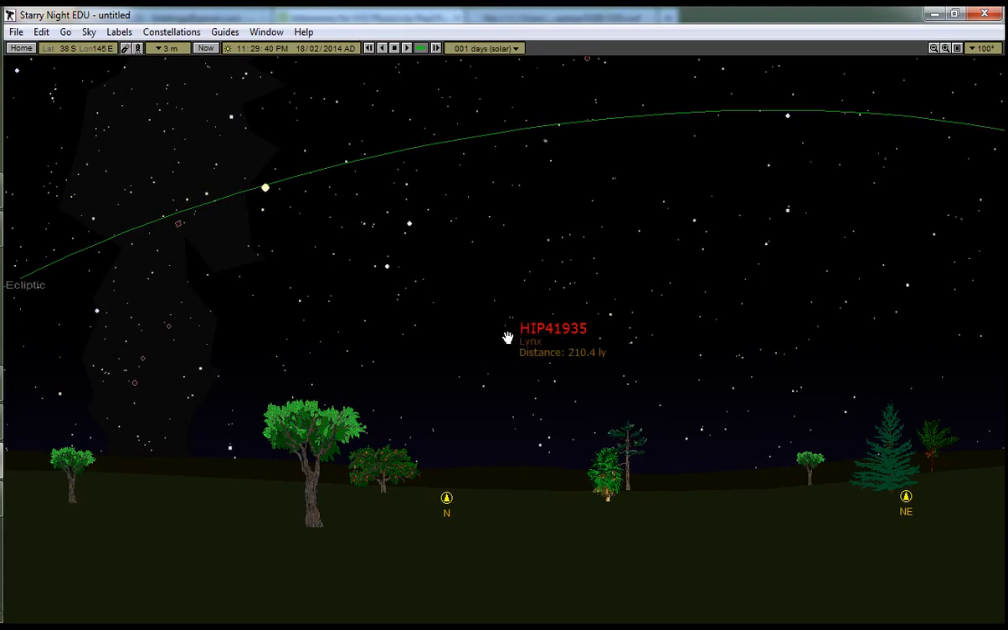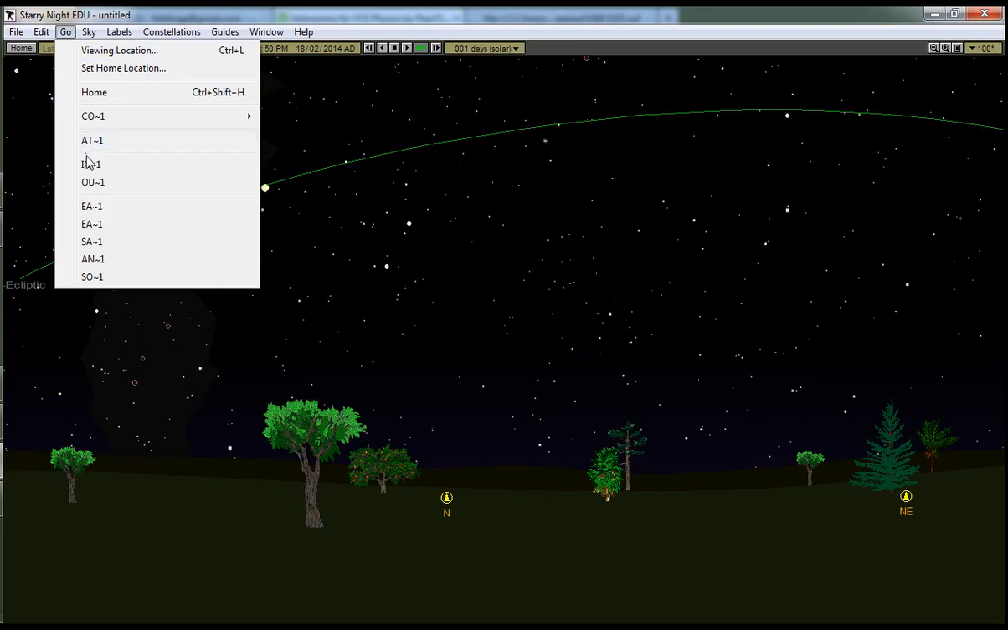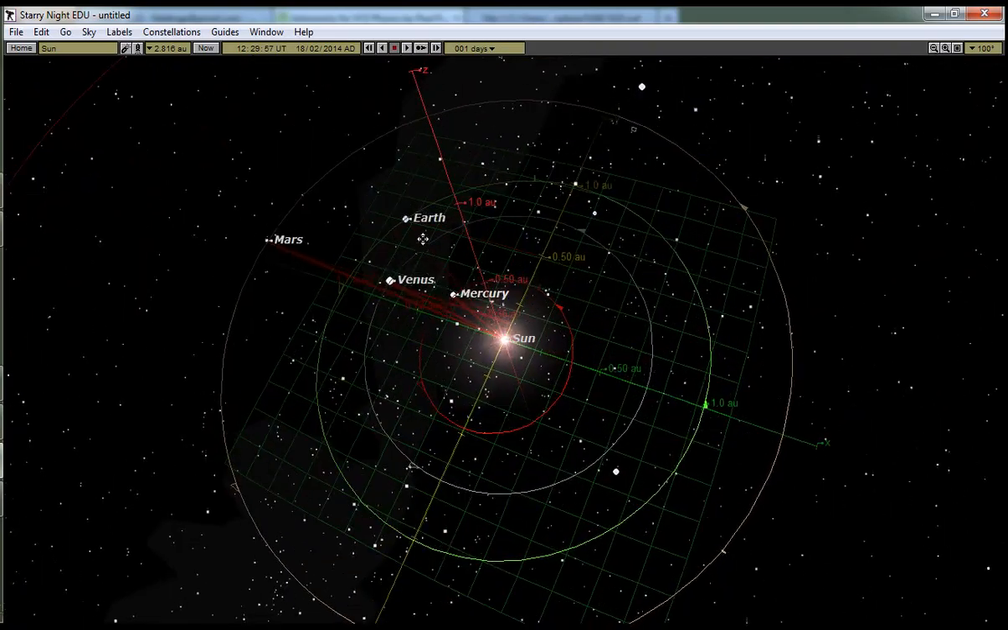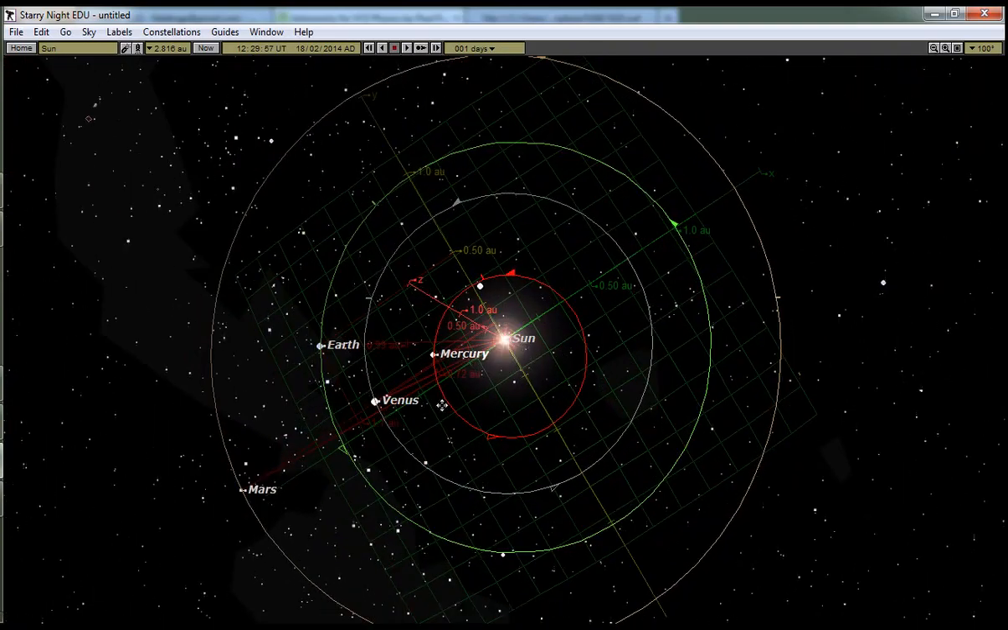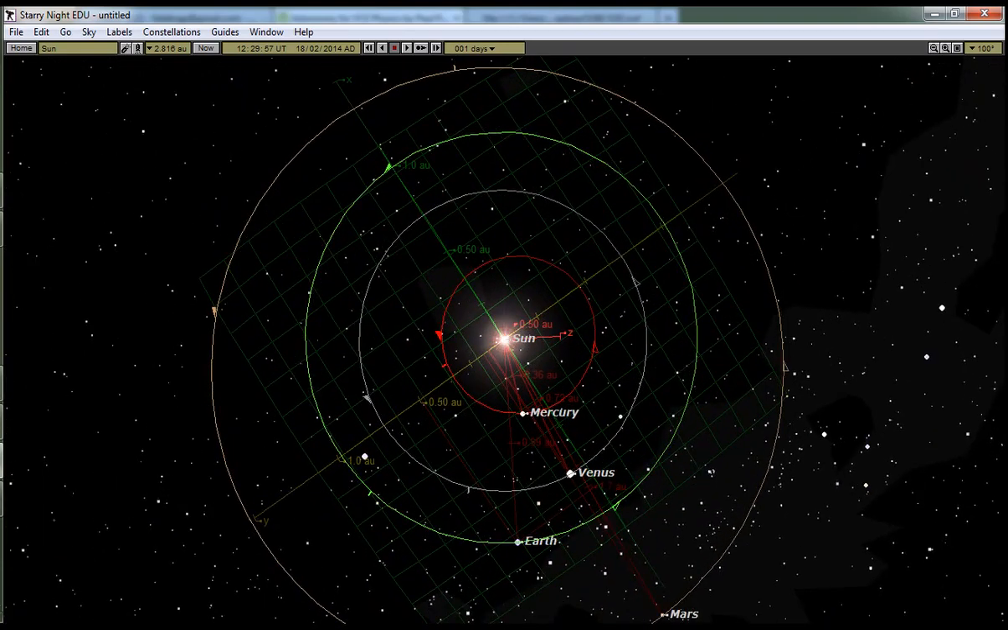In this video, I would like to show you, using a couple of different features within Starry Night, retrograde motion. So retrograde meaning going back on itself. To start with, I'm just going to go to the inner solar system and look down onto our solar system with Earth pretty much straight down, and I want to concentrate on looking at